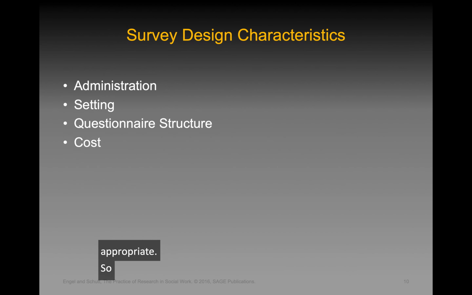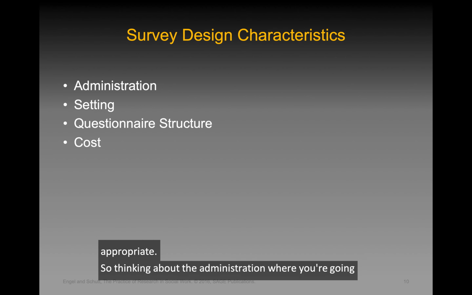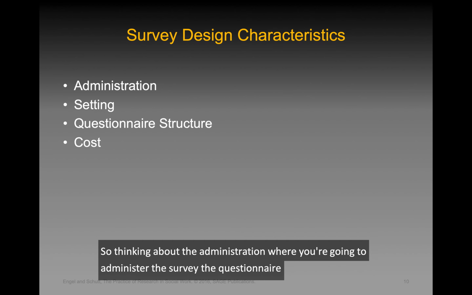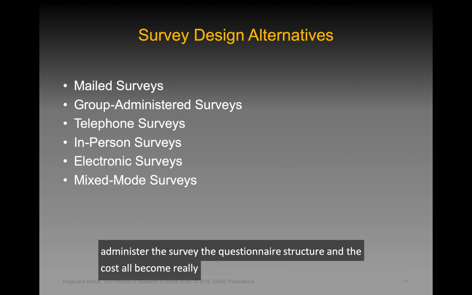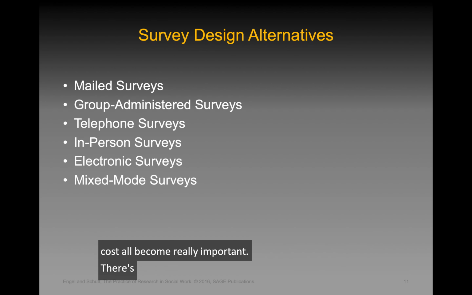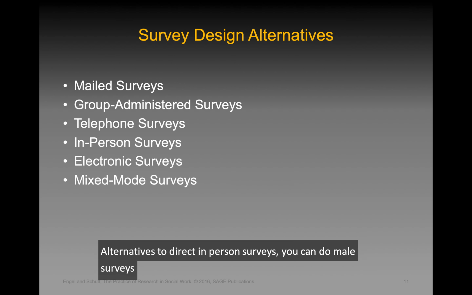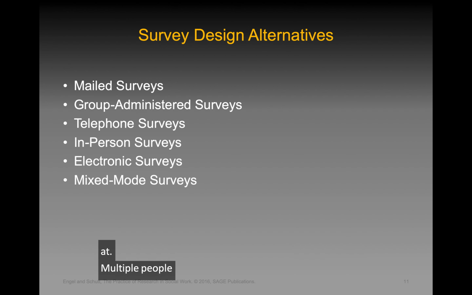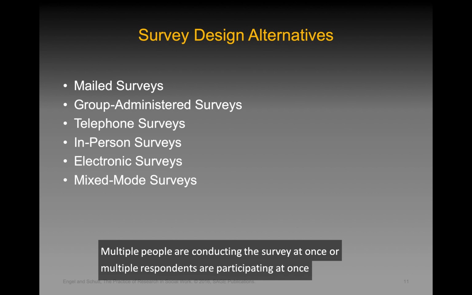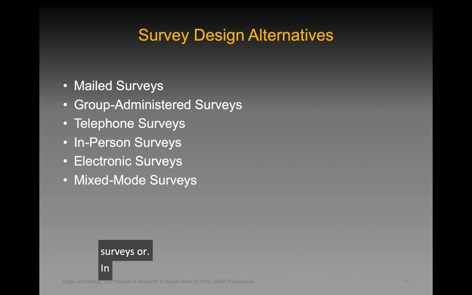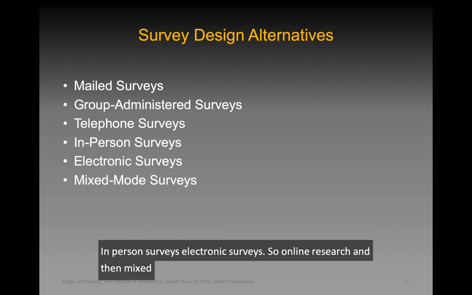So thinking about the administration, where you're going to administer the survey, the questionnaire structure, and the cost all become really important. There are some alternatives to direct in-person surveys. You can do mail surveys or group administered surveys, where multiple people are conducting the survey at once, or multiple respondents are participating at once. Telephone surveys, in-person surveys, electronic surveys, so online research, and then mixed mode surveys, some of which might